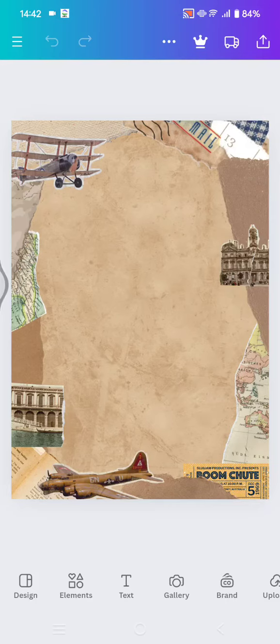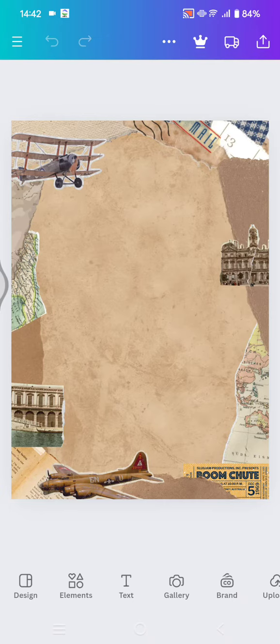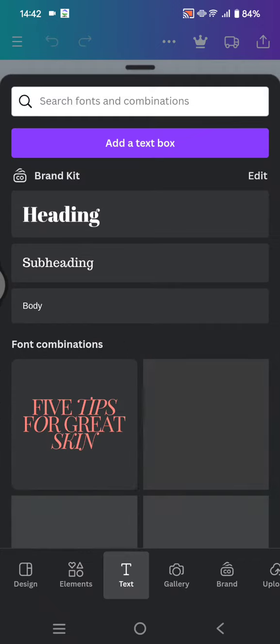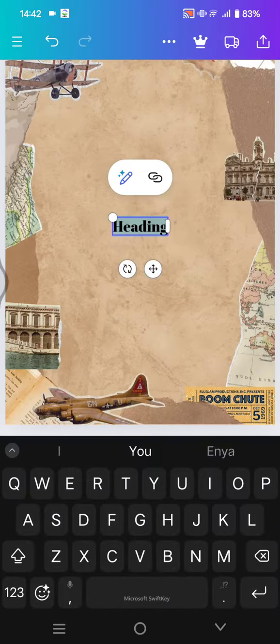On today's tutorial, I'm going to show you how you can design your Canva with vintage glass antique phone. And here I've already opened my design on the Canva app. And to start writing the text with vintage glass antique phone, you can just click on the text here, and I'm going to go with a heading. Then here I'm going to just write the text first. For example,